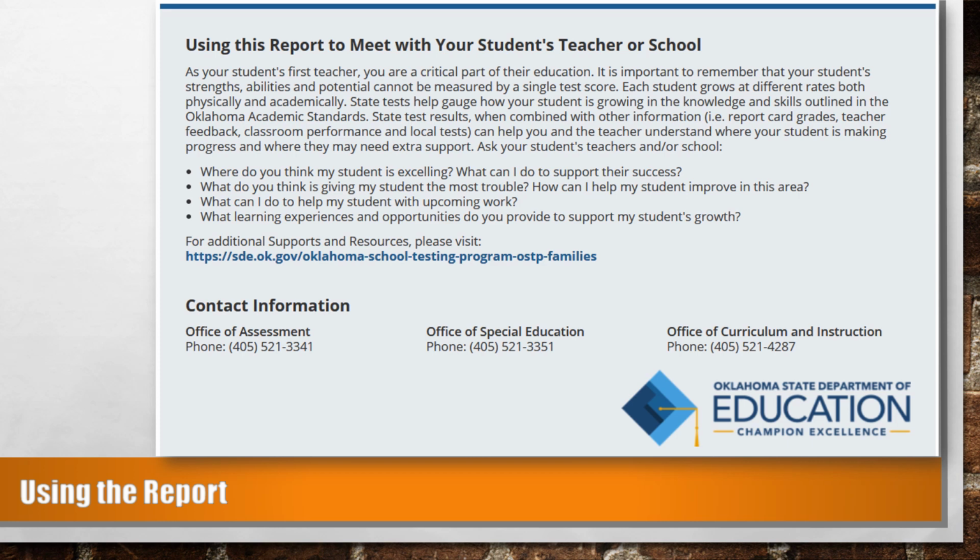It is important to remember that your student's strengths, abilities, and potential cannot be measured by a single test score. Each student grows at different rates, both physically and academically. State tests help gauge how your student is growing in the knowledge and skills outlined in the Oklahoma Academic Standards. State test results, when combined with other information such as report card grades, teacher feedback, and classroom performance and local tests, can help you and the teacher understand where your student is making progress and where they may need extra support. For additional support and resources, please visit